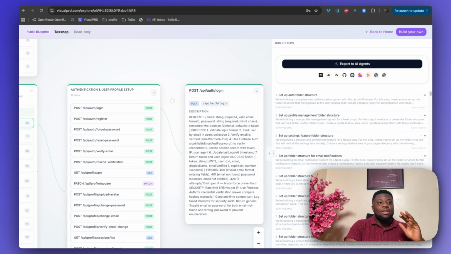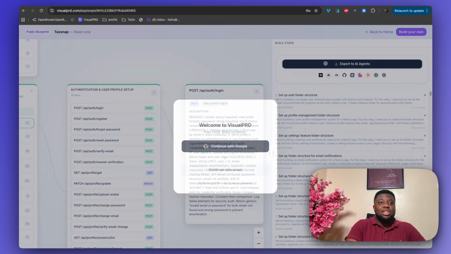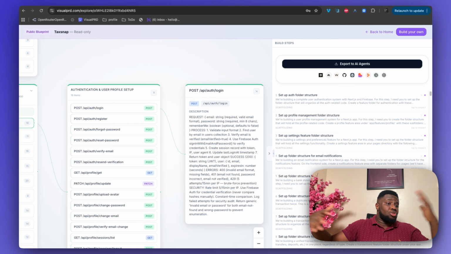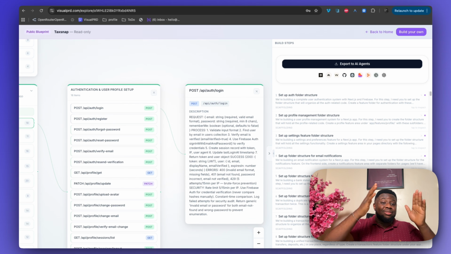And you can see all of them have implementation notes. And all you have to do is just click to your AI agent and bam, you export it to whatever AI agent you use, Lovable, Cursor, and it starts building everything out the right way. Then you can work on the front end however you want. So this would help you plan out your entire app.